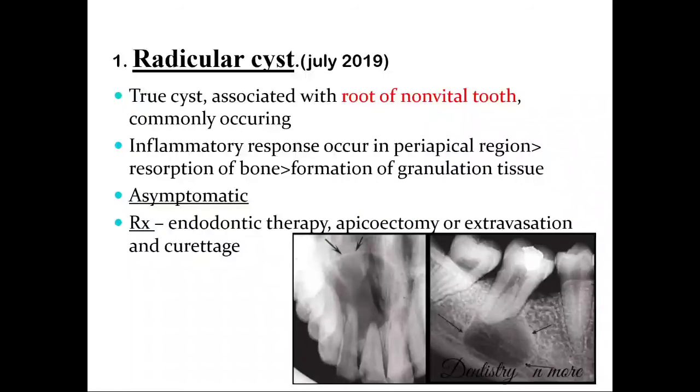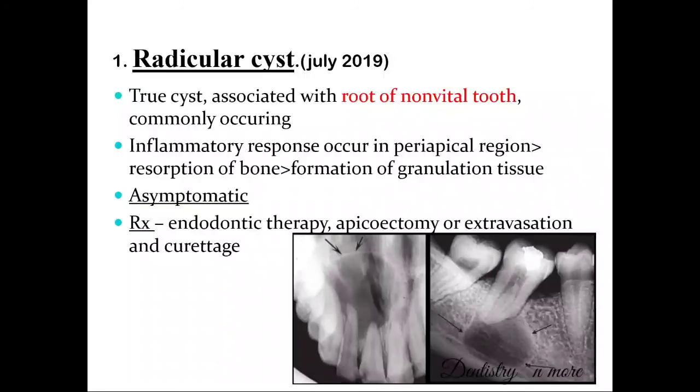Radiographically, it is found to be a well-defined unilocular radiolucency, occurring in the periapical region of the non-vital tooth. And also you can observe a well-defined sclerotic border, which is found to be more than 1.5 centimeter in size. The treatment for the radicular cyst is nothing other than endodontic treatment,